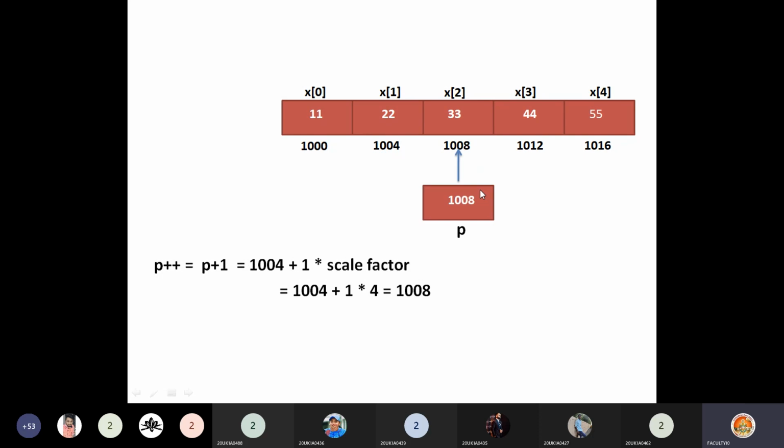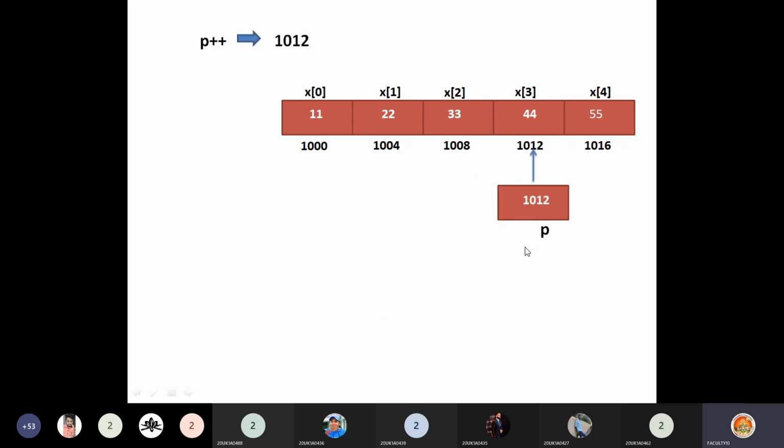Now how can we move to the next element? Just by saying p++. So p++ means 1004 plus 1 into scale factor, so 1004 plus 4 is 1008, which is the next element address. Then when you say printf %d *p, it prints 33. Now see how I can move to 44. Just by saying p++.